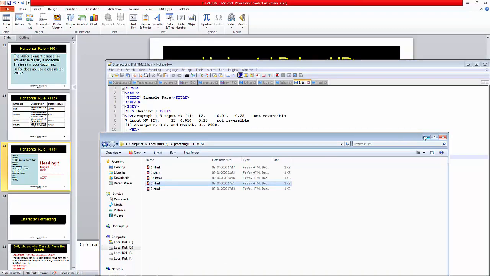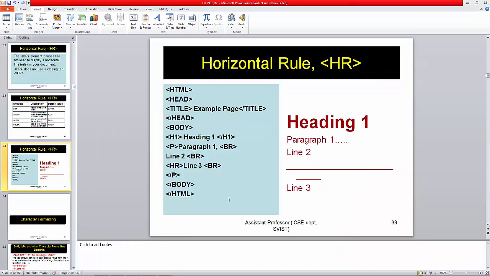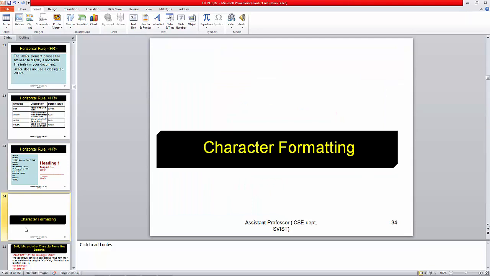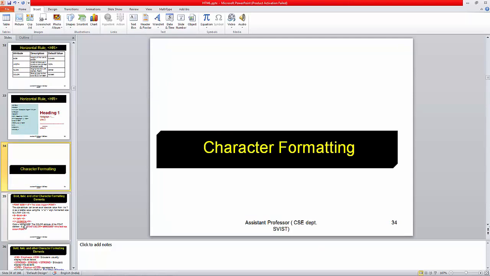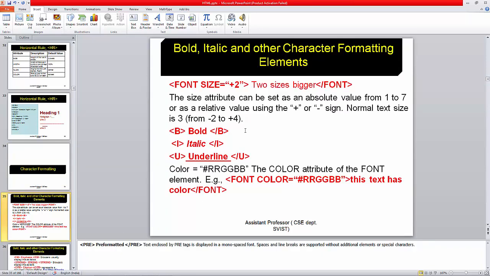Now since the time is very short, I am going to character formatting, a little thing. We can also format the characters individually if we want. Whatever is written in the body part, the body document, we can also apply this within the text, so that we can change it to bold, to italic, to underline. I think you know all those things.